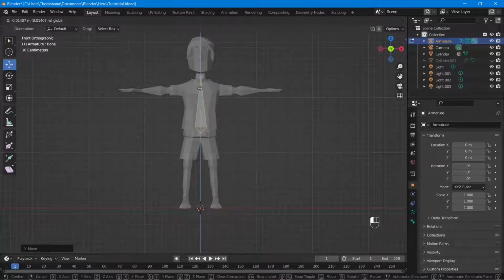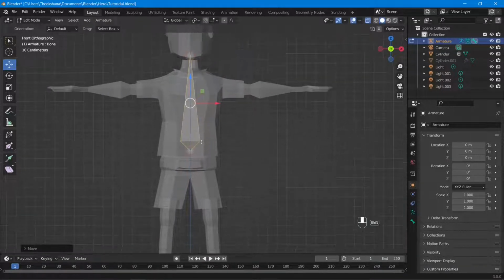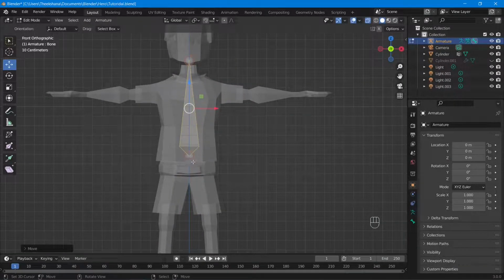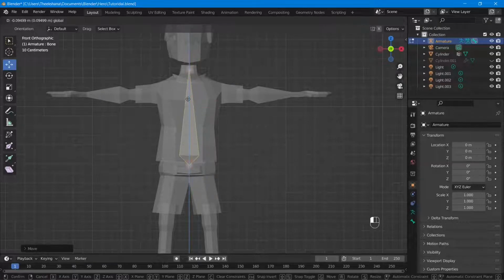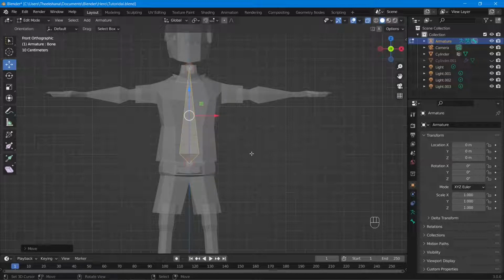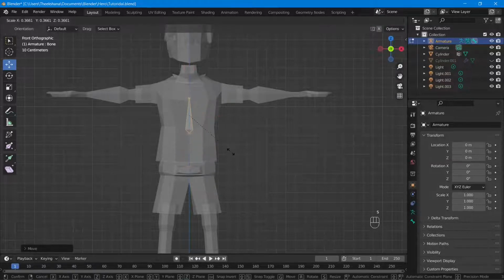What I'm going to do is place it around here, like the stomach or pelvis area. So I'm going to scale it down,